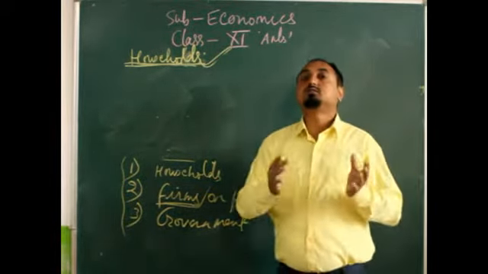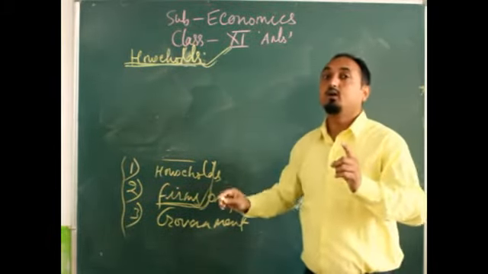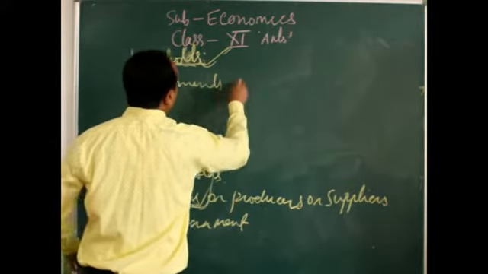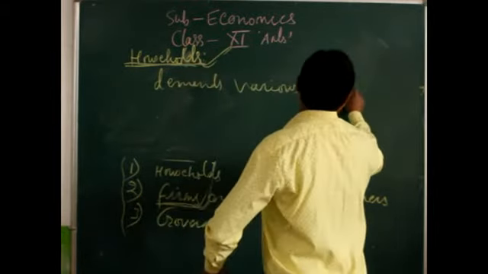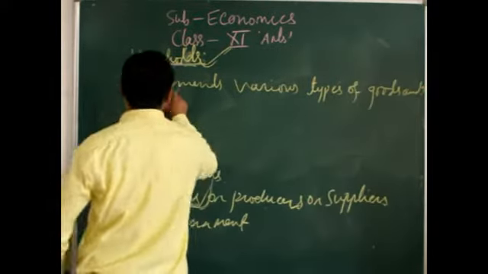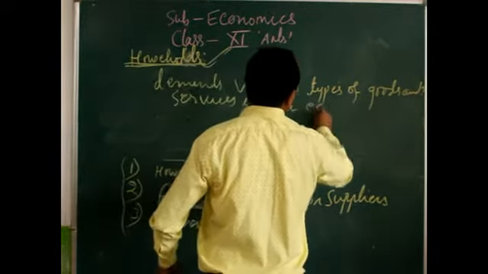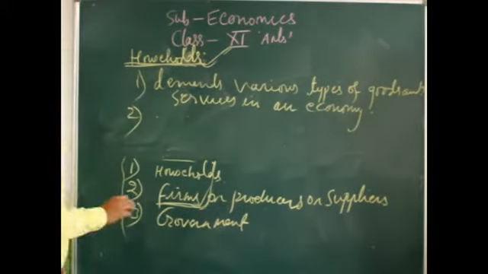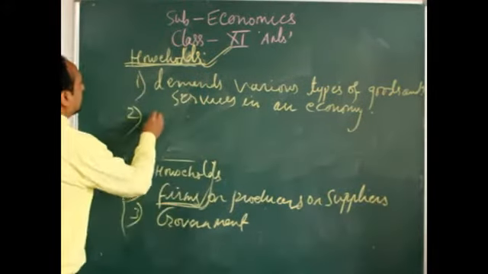Whatever goods and services are produced by these firms, households are the ones who demand various types of goods and services in an economy. And the second thing, households are the ones who provide various resources